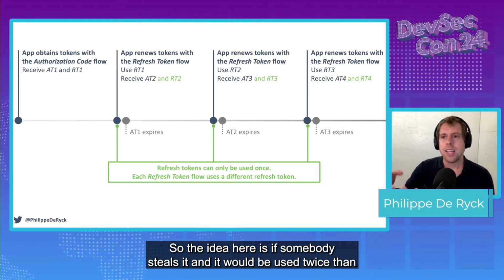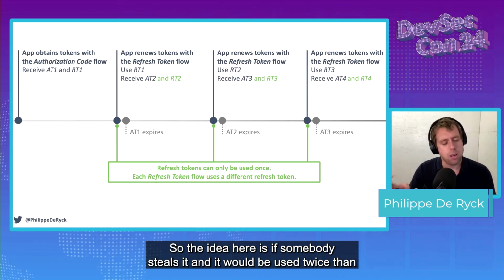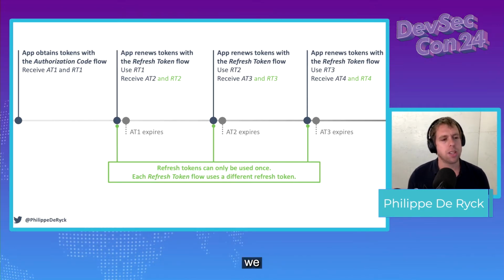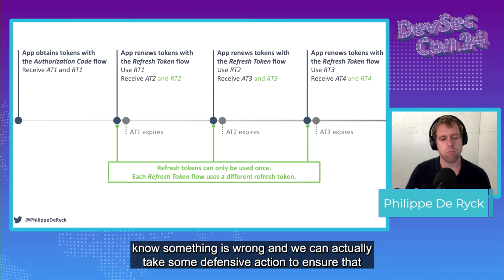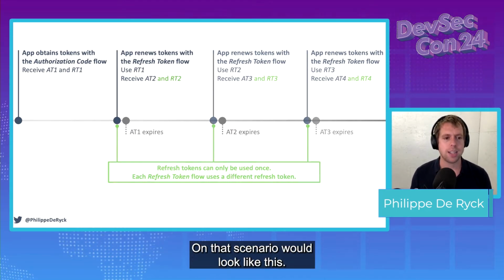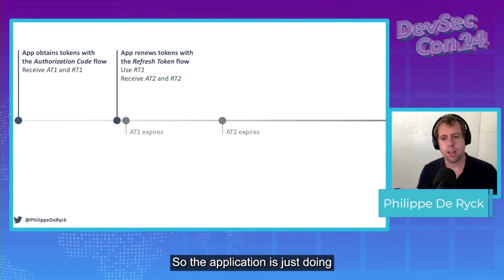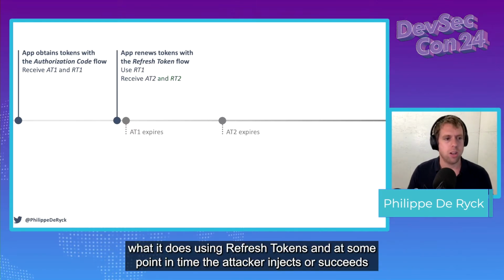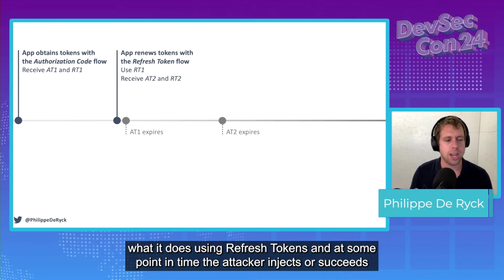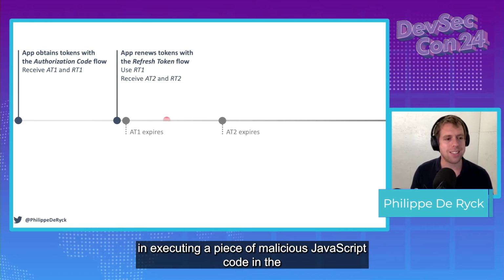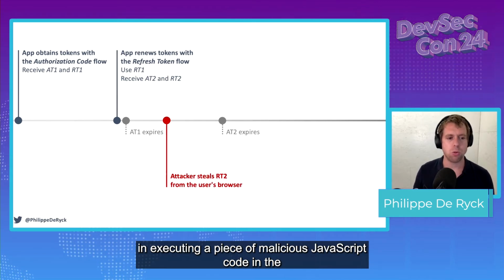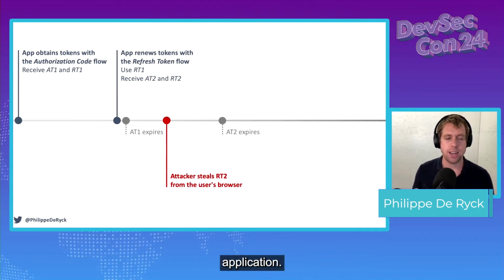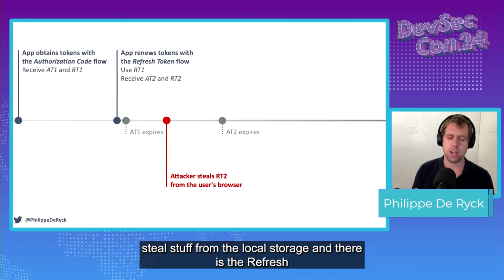So the idea is that if somebody steals it and it would be used twice, then we know that something is wrong and we can actually take some defensive action to ensure that we can limit abuse. And that scenario would look like this. So the application is just doing what it does using refresh tokens. And at some point in time, the attacker injects or succeeds in executing a piece of malicious JavaScript code in the application. And the attacker is going to steal stuff from local storage, and there's a refresh token in there,